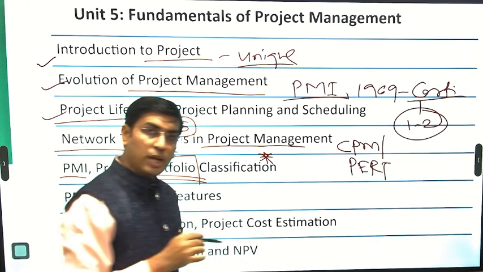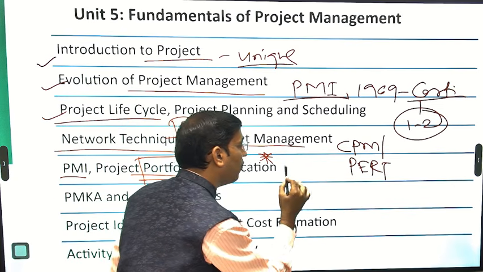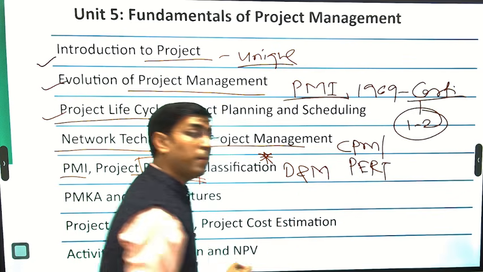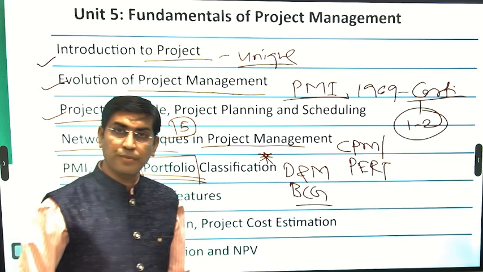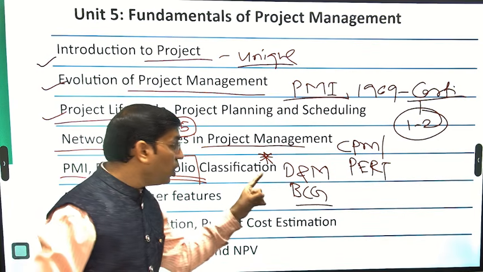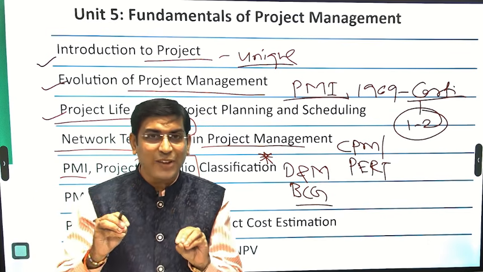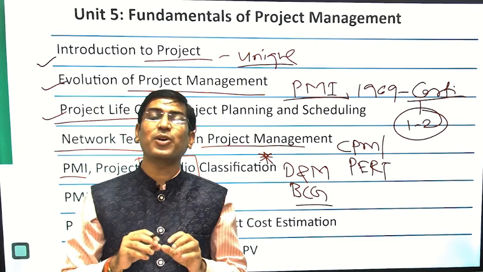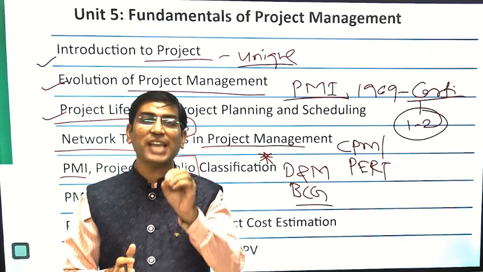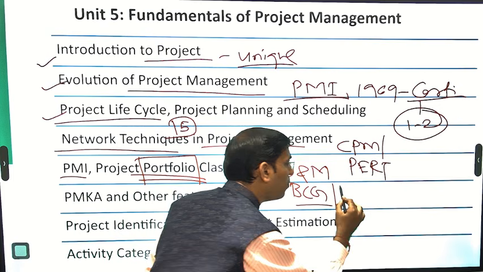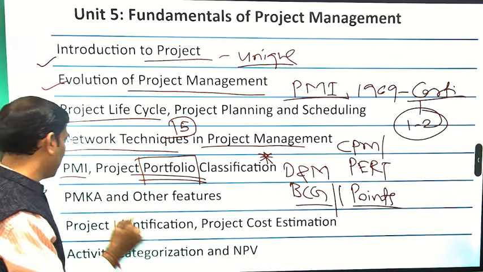When we're talking about how we are able to classify the project, there are different types of classification formats. It could be D&M, it could be the BCG matrix, Boston Consulting Group. In every classification phase, a particular strategy is applied for the project. Not only this, with concern to location, with the requirement of the site location, what are the key points present over there? All are again important to us.